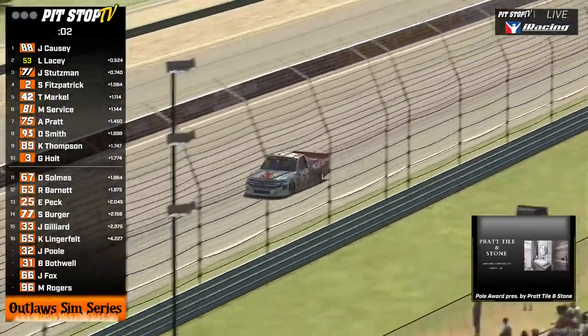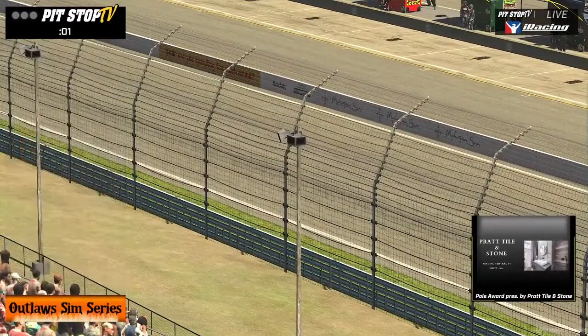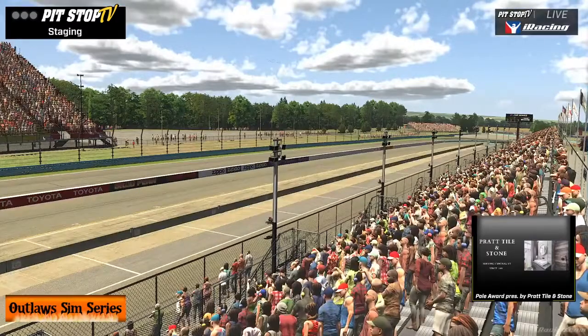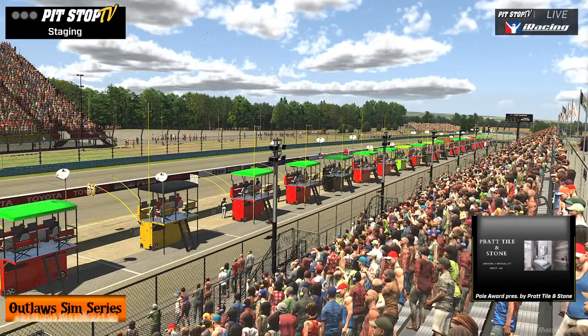You love to see that. Hope we keep seeing that for the rest of the season. As Kyle Lingerfeld, the last truck to cross the start-finish line. Devin, that means qualifying has ticked over. It does, and the winner of the Pratt Tile and Stone Pole Award for the first time this season,